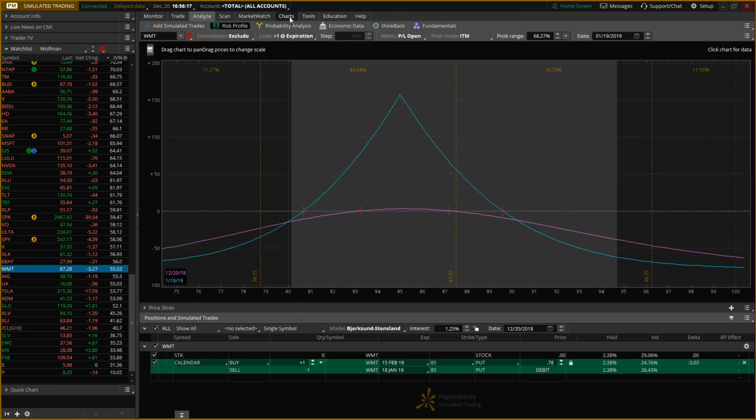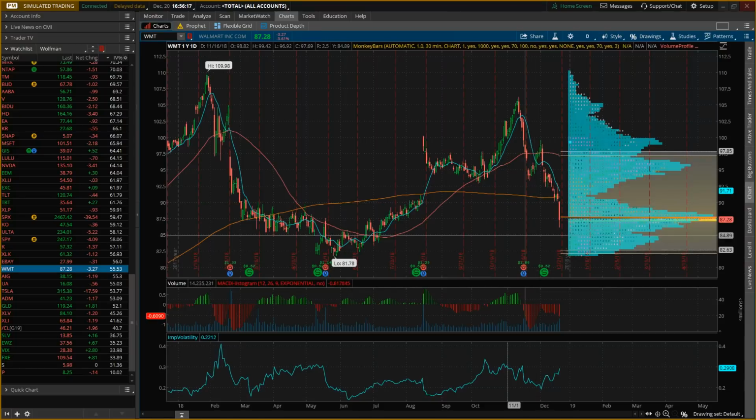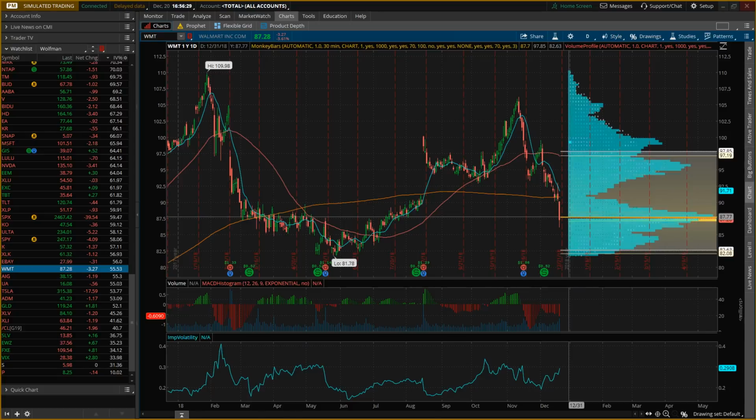Now, we would want this market to trade sideways. If you guys watch my daily market commentaries, you see me talking about the market profile over here all the time. When it gets in and around the market profile point of control, where these lines are, it wants to settle down. That's where a lot of time and volume has been spent. That's where people are comfortable, so it should settle down there. That's why this would be a good scenario. Maybe it's going to settle down here for a minute, allow that front month option to decay worthless, and then I get my fall down to test the extremes.